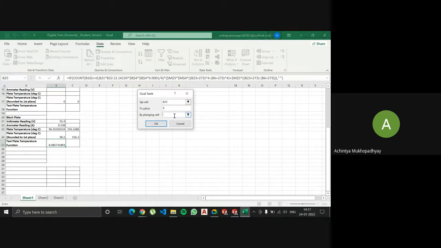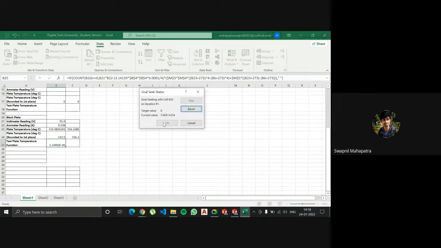আর বাই চেঞ্জিং সেল, মানে ওই সেট প্লেট টেম্পারেচারের যে ভ্যালুটা আছে, মানে তোমার এই B23 টাকে ক্লিক করো, বাই চেঞ্জিং সেলের জায়গাটাতে B23 লেখো। ওকে স্যার। B23 লেখো ভাই, হ্যাঁ এবার তুমি ওকে দাও। ঠিক আছে স্যার, ওকে করলাম। এই যে করে তোমার কারেন্ট ভ্যালু চেঞ্জ করে তুমি একটা ভ্যালু পেয়ে গেলে। এই যে 114.48 এরকম একটা ভ্যালু হলো, তুমি সেটাকে রাউন্ডেড অফ টু ফার্স্ট প্লেস করে 114.5 পেলে, ঠিক আছে। এটা হচ্ছে তোমার ব্ল্যাক প্লেটের।